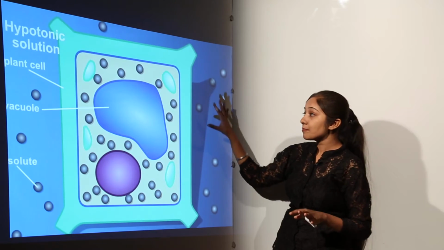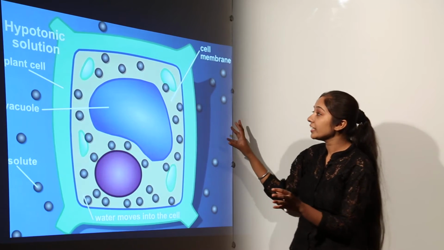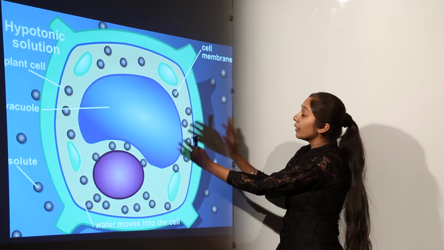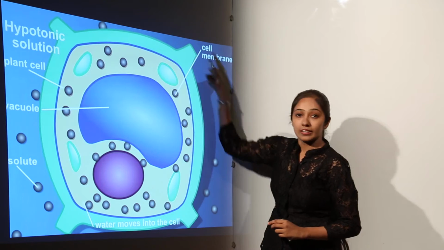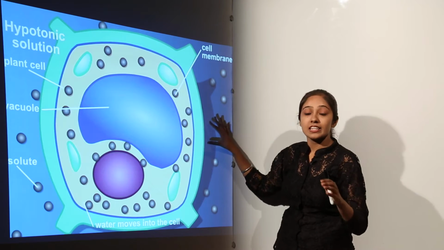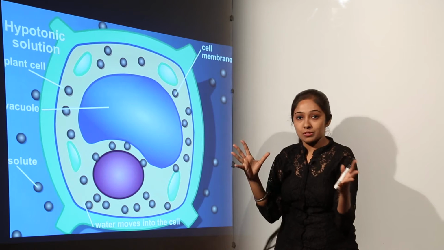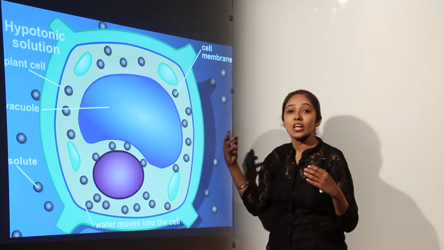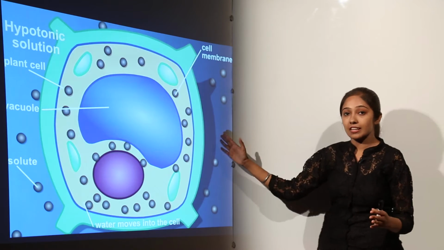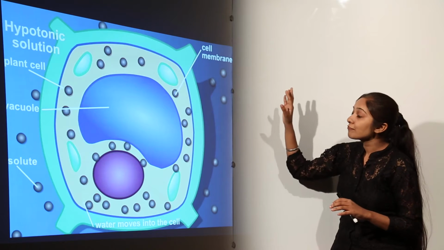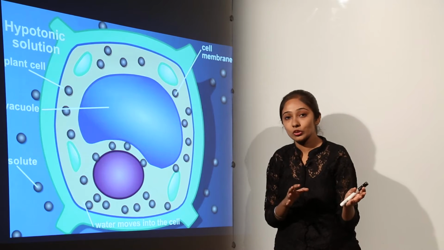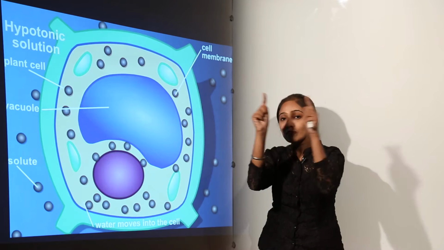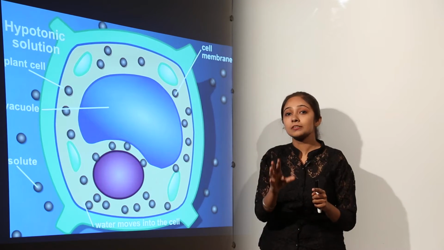But in a hypotonic solution, what is going to happen? This is going to lead to an increase in the volume of the cell, but due to the presence of the cell wall, this cell is going to maintain its integrity. It is not going to collapse, because the cell wall has the capability to maintain the shape of the cell, and it is going to protect the cell from bursting. So, when we place a plant cell in a hypertonic solution, we see shrinkage of the cell contents, but the cell wall remains intact. This is also known as plasmolysis.